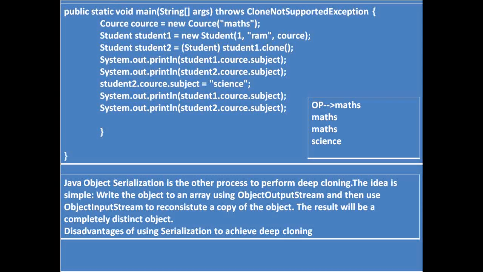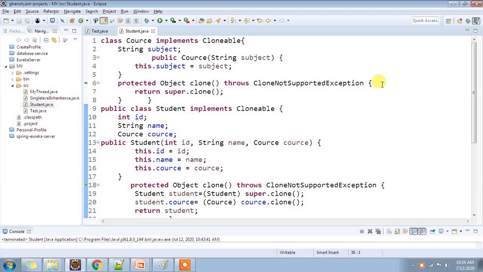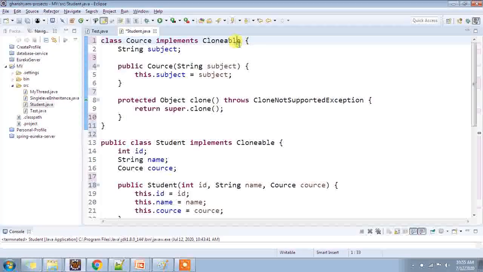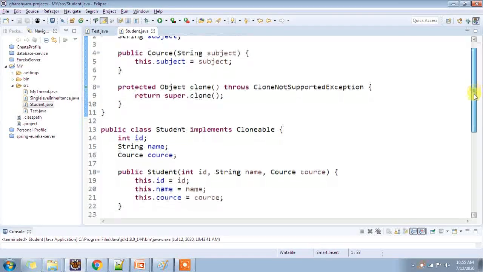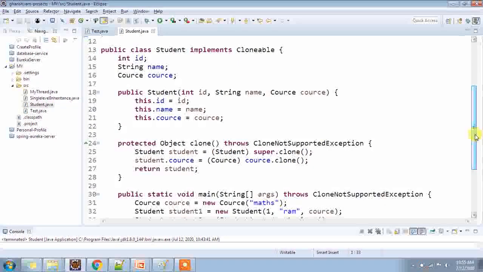So let me show you this example practically on the Eclipse IDE. I just copied the code from my slides, which I have already explained to you. Here is the Course class that implements the Cloneable interface, the constructor of the Course class, and the overridden clone method. Then we create the Student class, which implements the Cloneable interface, with the fields, the constructor, and the overridden clone method.